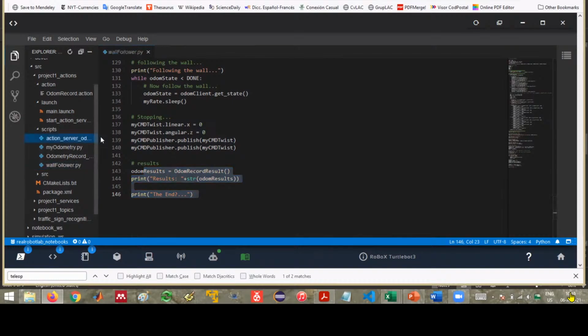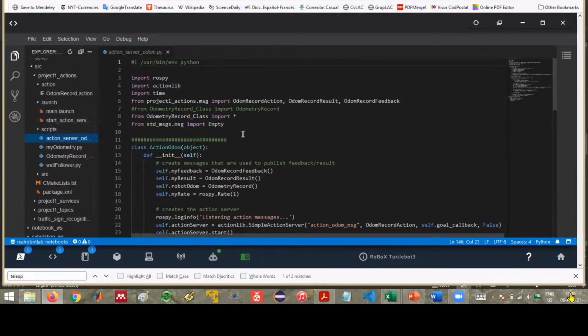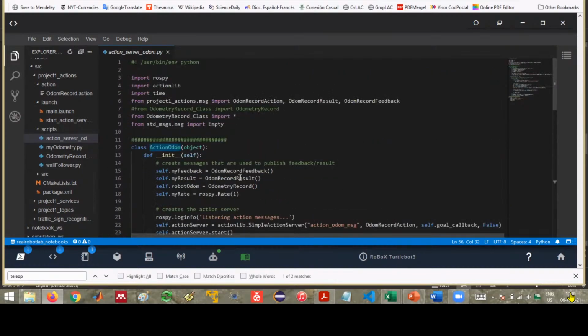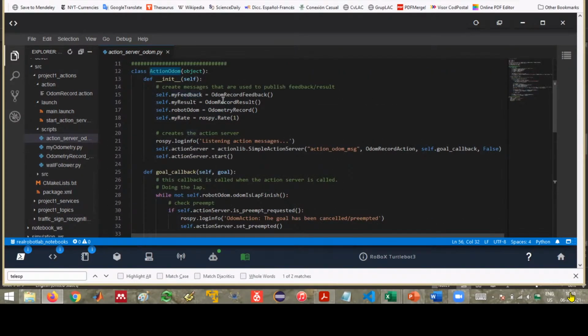The action server, which responds with the action commands in the ROS program, is this file. Basically, it's a standard Python ROS program. In this program, I instantiate an object of the action Odom class. The action Odom class is contained in this same file. You can observe that in the constructor,